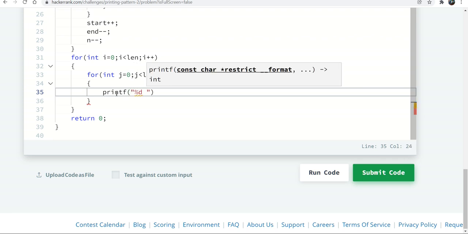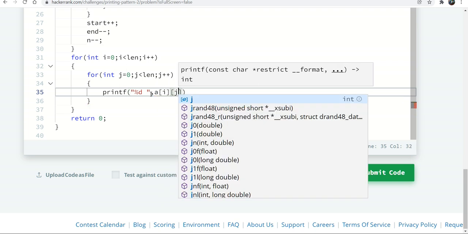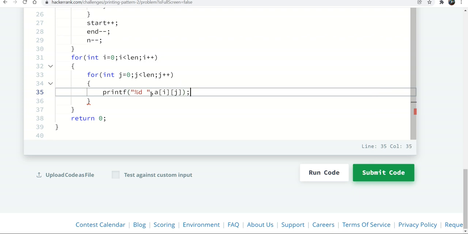We have to make one space, because we have to print with a little bit of gap, so that's why we are doing like this. Array of I and j, 0 0, 0 1, like that.